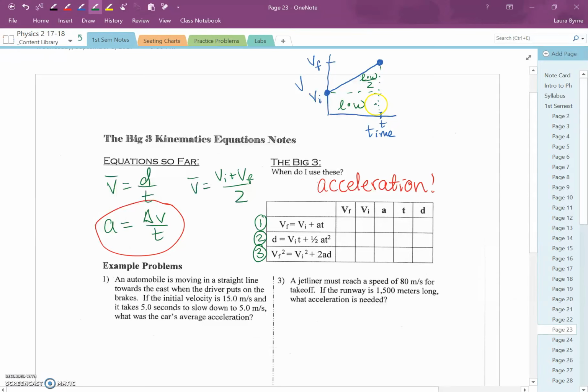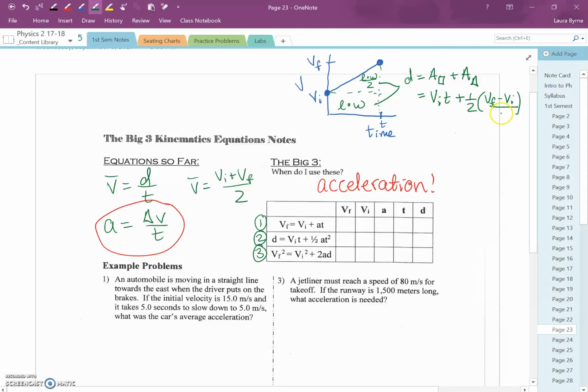So we'll just add those up. So we get d equals area of this square plus area of the triangle. So the area of the square is vi times t, and the area of the triangle is 1/2, we'll just pull that divided by 2 out in front, times vf minus vi